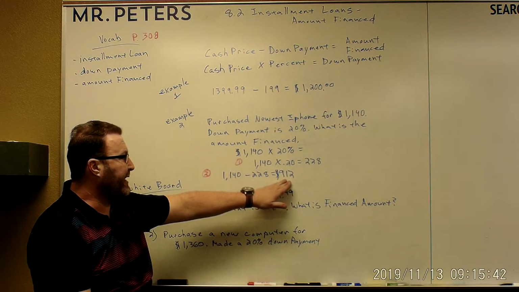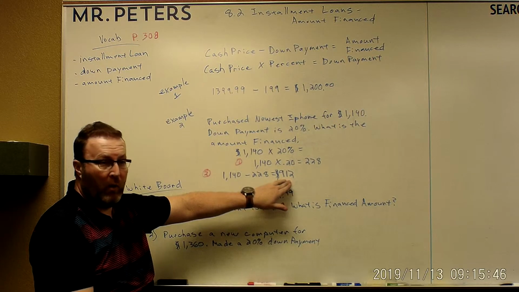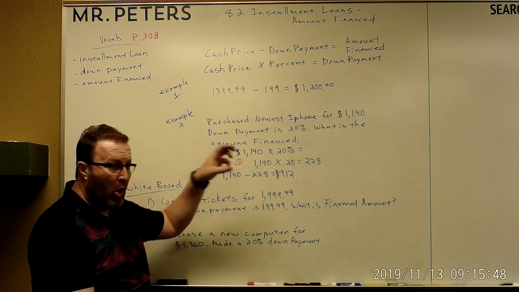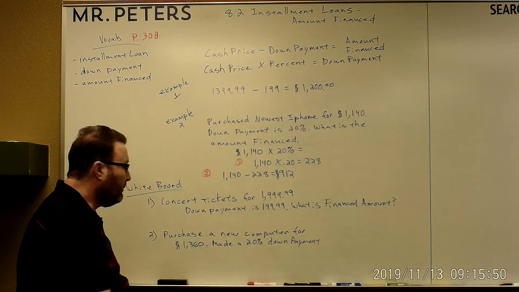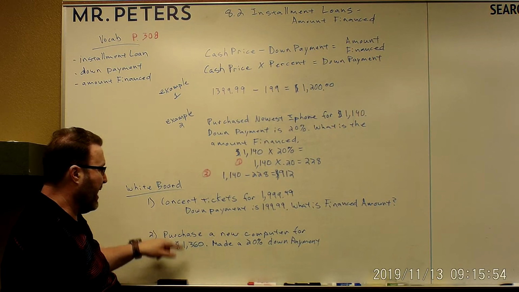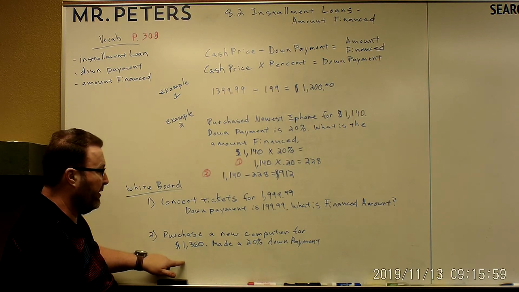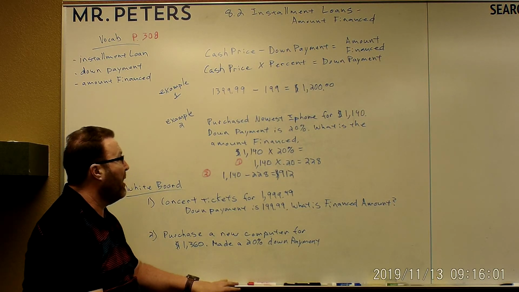Now remember what we did in 8.1, we were taking this amount and figuring out what interest is. So slowly it's going to build. Okay, so whiteboards. We're going to work this one out, and this one, which are just like the examples. So this one's like example 1 and this is like example 2. But before we